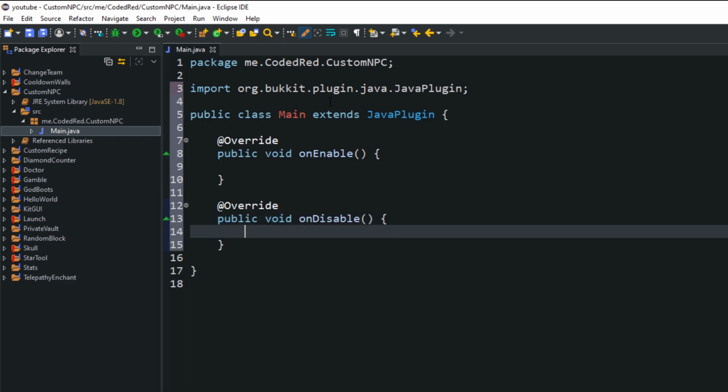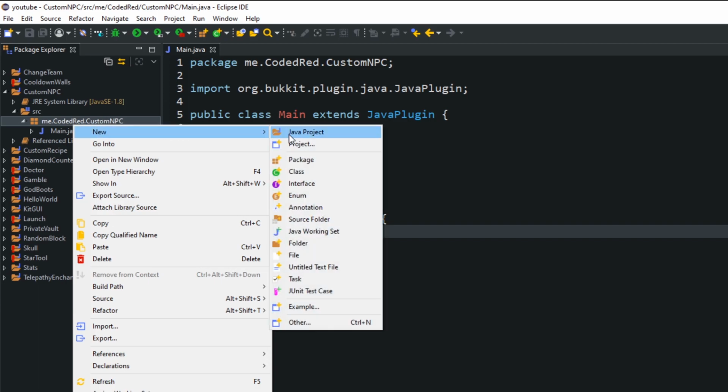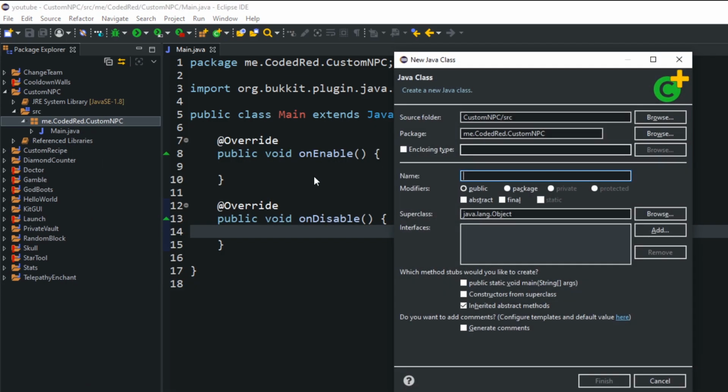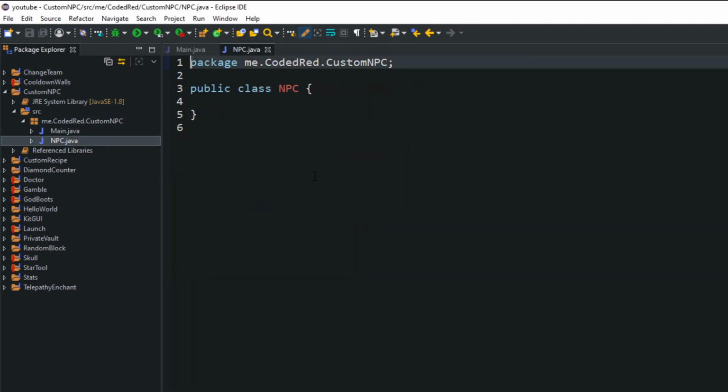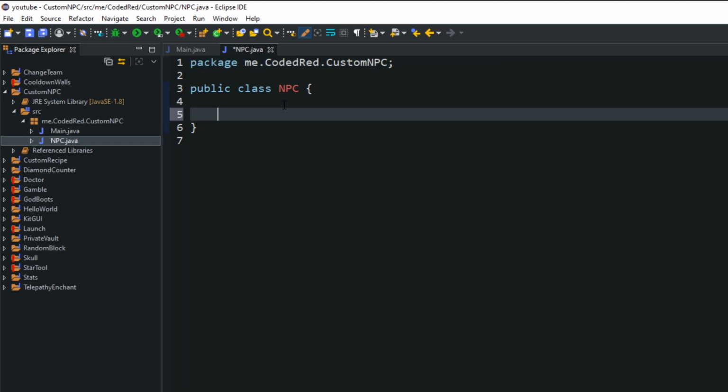All right, now that that's done, we will create everything in a separate class. I'm going to create a static class, and we'll use the same package, who cares? First, new, we'll create a new class, and I'm going to call this NPC. Now this NPC class, like I said, everything's going to be accessed statically. A lot of people are against that, but I don't care. We're making this class static because I just feel it's easier, like a util class for NPCs. So everything we put in here just for the NPC will be accessed statically.